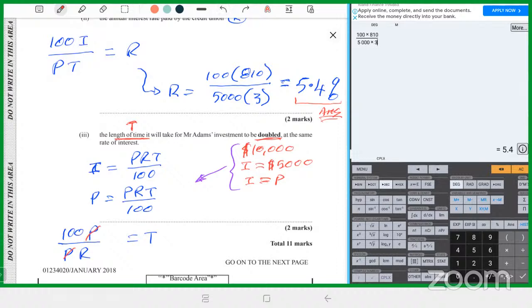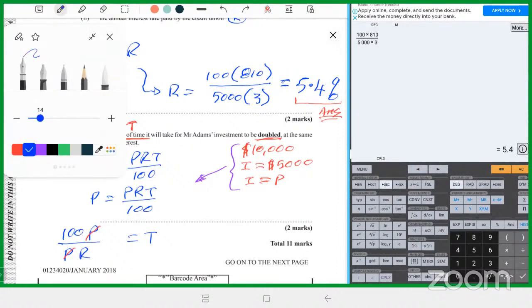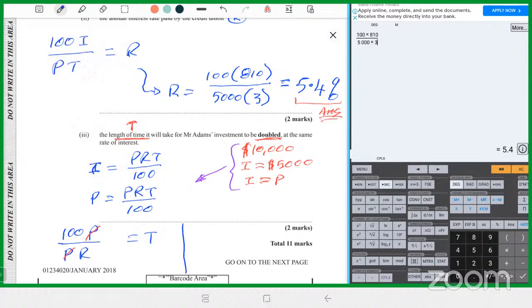All right. So you divide the 100 by the rate. That is the time. All right. So let's put it right here. And so the time becomes 100 over the 5.4. 100 over 5.4. But let's work it out. 100 divided by 5.4. And it's